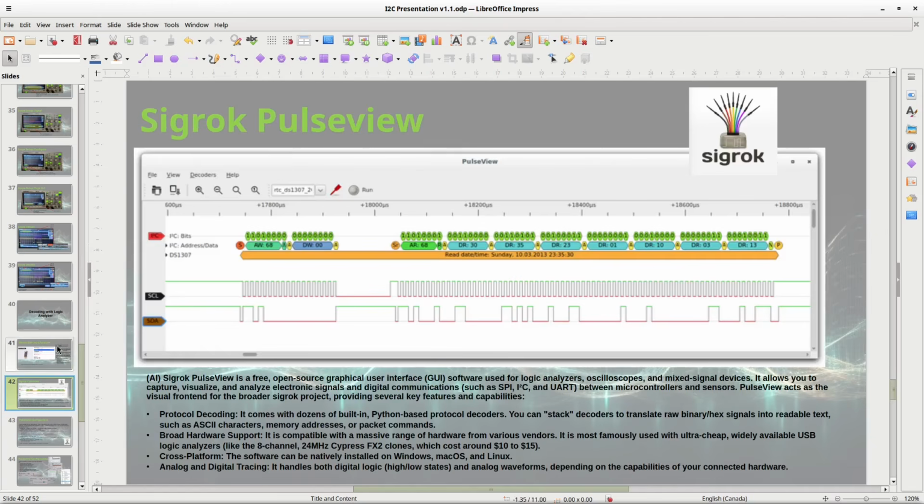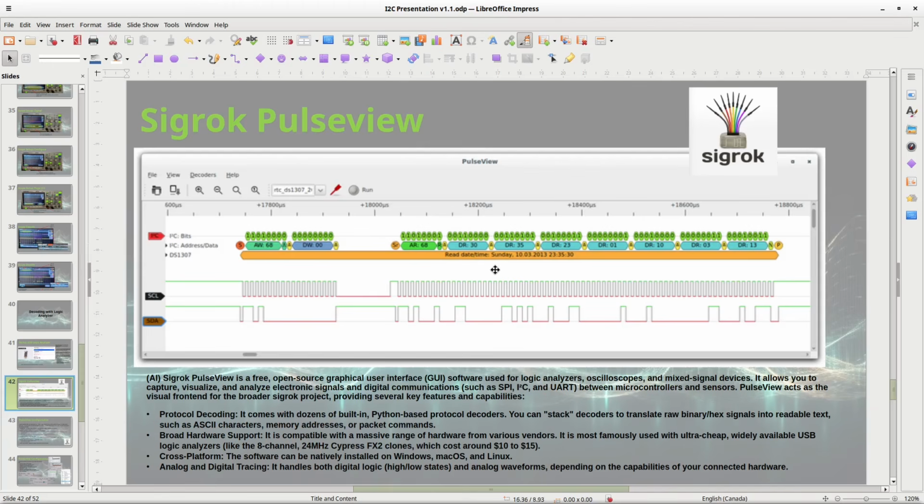Now I use Sigrok PulseView, and this is free software you can get. It runs on Linux, but it's a pain in the ass to get it to run on Linux. It runs on Windows, and it's a lot easier to get it to run on Windows, and this works with that device.